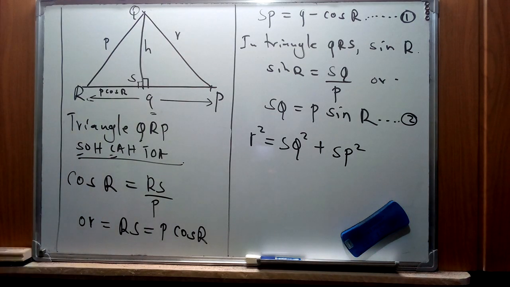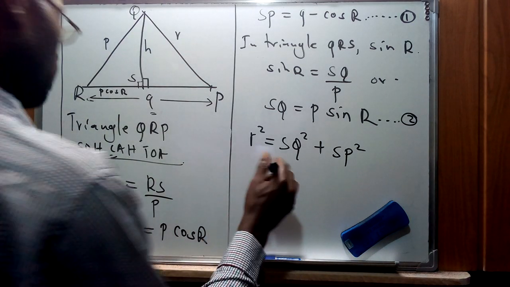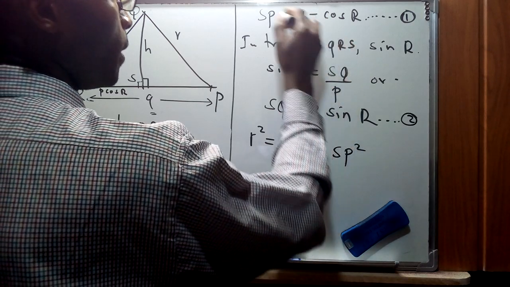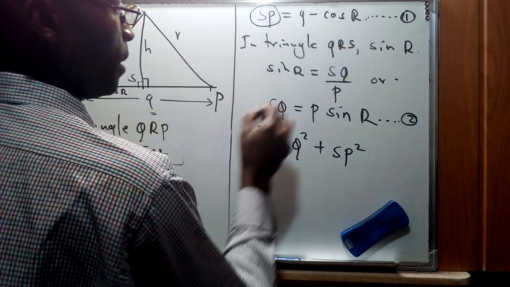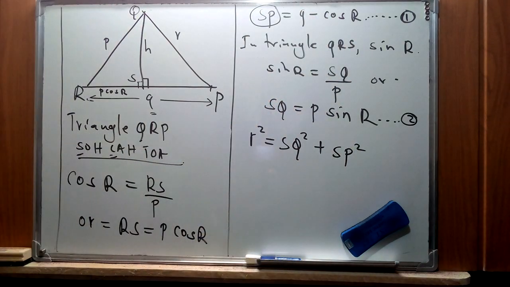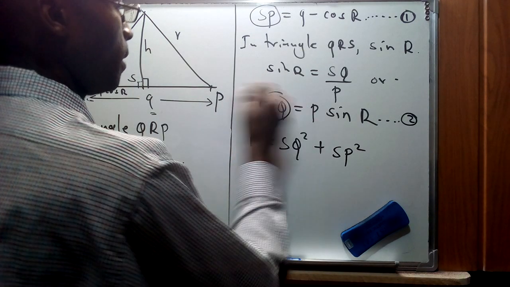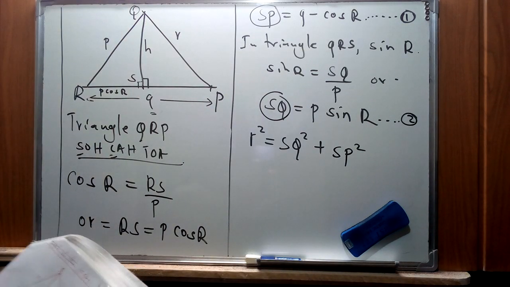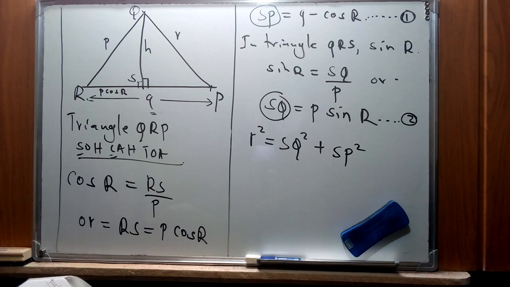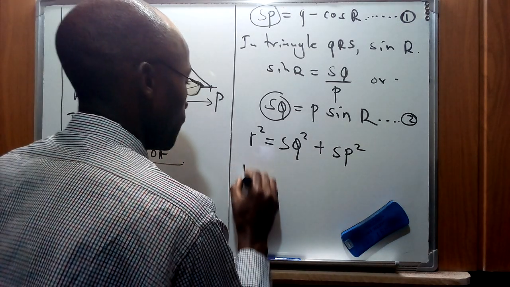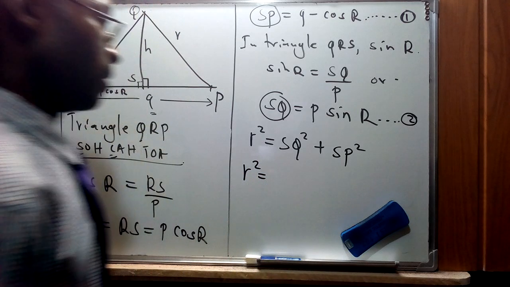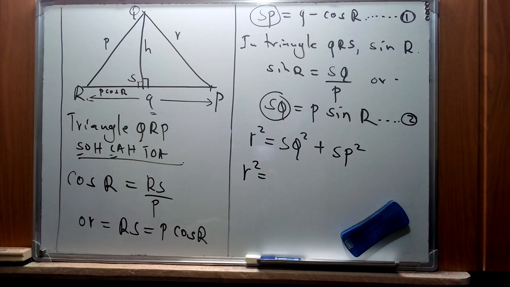But remember, we have already defined what SQ is and what SP represents. So we can write this r squared in terms of those two specific definitions we have given for SQ and SP as